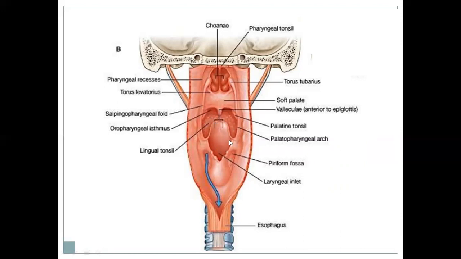So this is the laryngeal inlet. These are the aryepiglottic folds. This is the cuneiform, this is the corniculate, this is the cuneiform, and this is our arytenoid cartilage. This bulging is due to the cricoid cartilage, and these bulgings are due to the thyroid cartilage, and these are the piriform fossae where fish bones and small bones get stuck, and this continues downward with the esophagus. The epiglottis closes the laryngeal inlet, and the bolus from the oral cavity enters into the esophagus. If air is there, it passes through the laryngeal inlet and enters into the trachea.